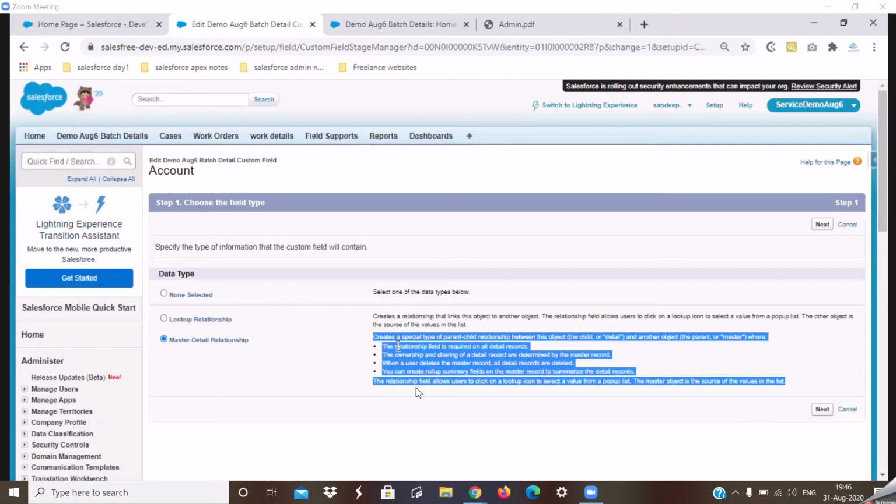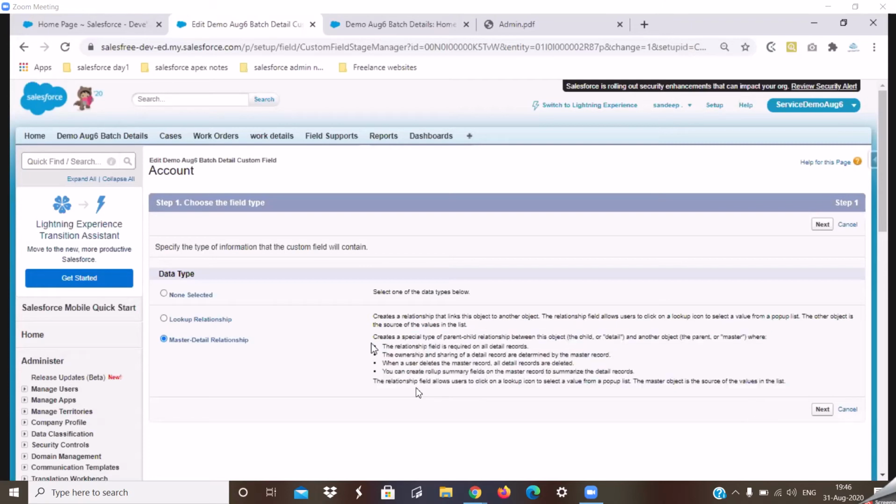If I go through it, it talks about the details that we have discussed. It says it creates a special type of parent and child relationship between these objects: the child, or the detail, and the other object, which is the parent, the master. So even though it is a master detail relationship, it is basically binding two objects, one your child and another your parent.